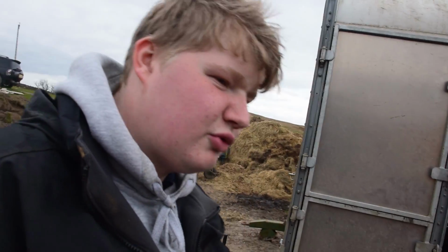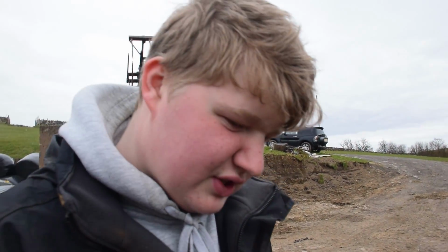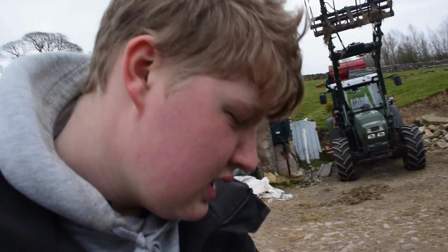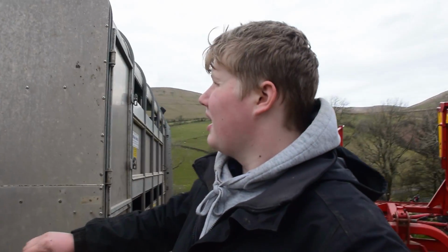So yeah, this is also, same as the tedder, a Galfrey from Untitled Tractors. Really good rake, we've had this for a while, again 5-6 years. Yeah, it's a good rake, what else can you say? And then behind me we've got an Ifor Williams cattle trailer from...